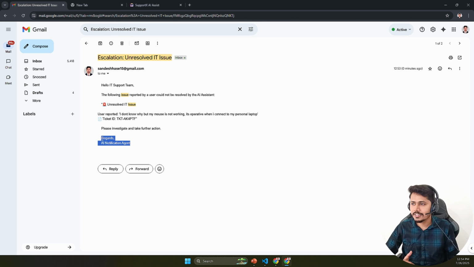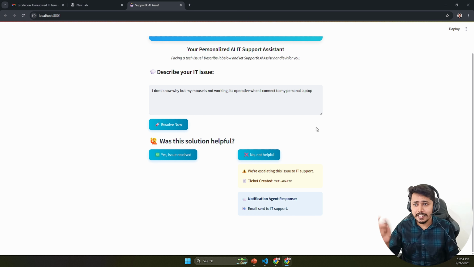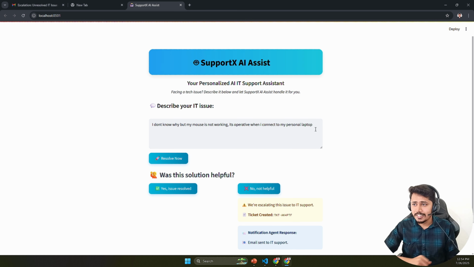AI notification agent. It has written this beautiful email. It has sent out that email to the IT support team. Plus, it has created the IT ticket ID as well. Because you know that in your organization, your support team doesn't work without a ticket. They need a ticket in order to fix your issues. So that is how it is reducing the overhead of your support team as well, because it is creating the